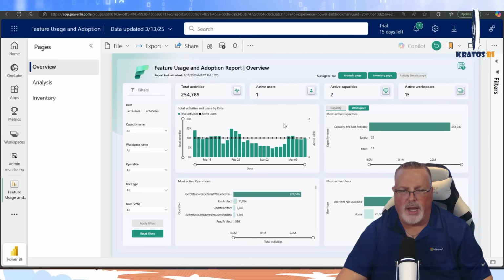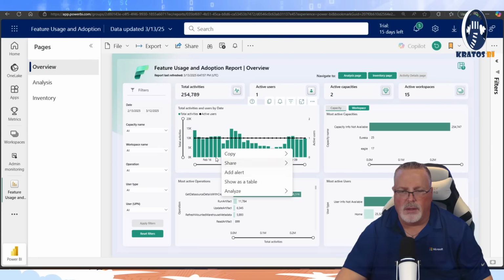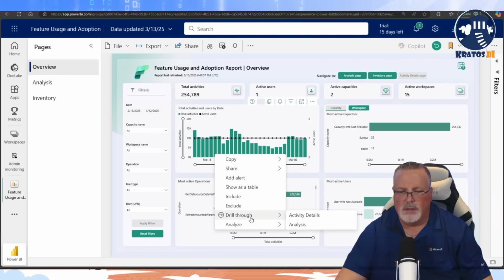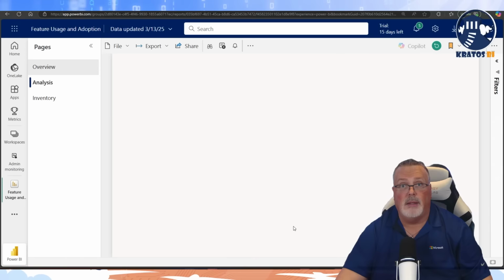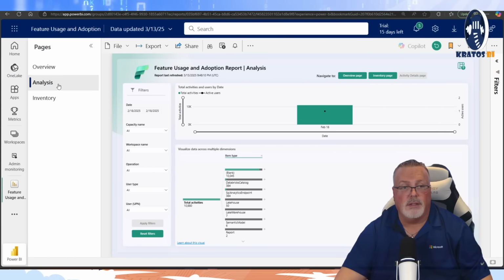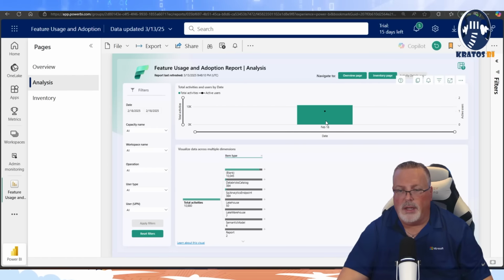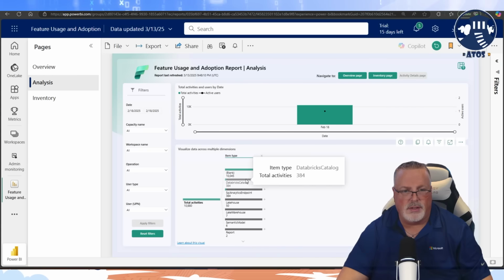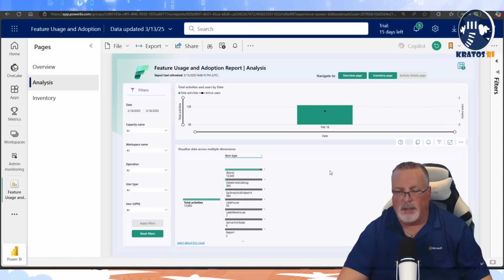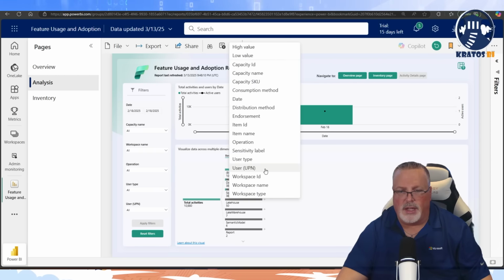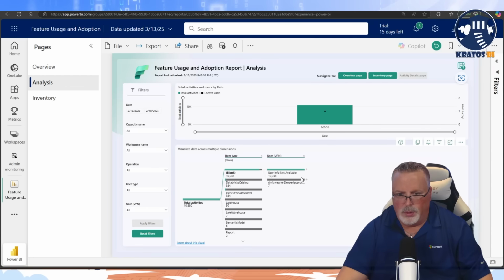So let's go back. Let's hone in and drill through the analysis table. Okay. Now that's going to take me down to my new tab over here, and it's going to really hone in on that one data point, and you can actually see what's going on inside of here. Now, in this case, again, not super exciting, but you could start to do root cause analysis to understand who's doing these